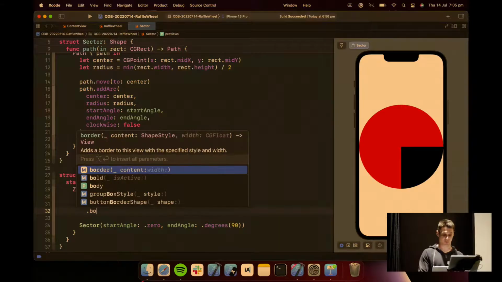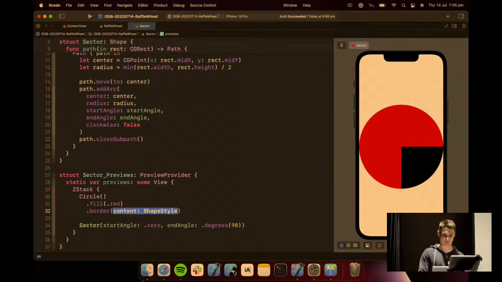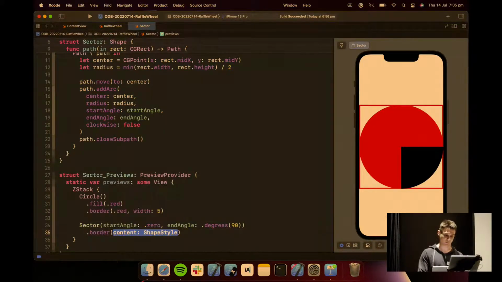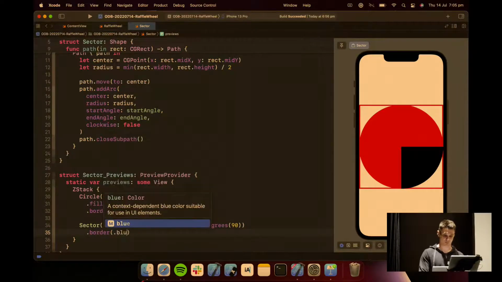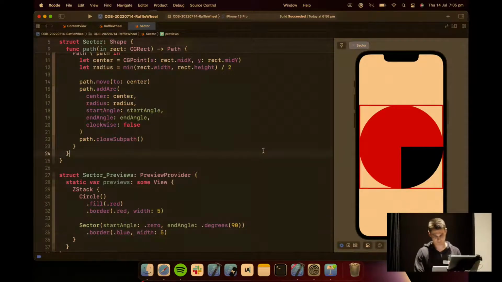circle, because if we stroke the border here, line width 5, border blue. Okay, we can see that the shape actually takes up more space than we want it to. Now I can fix it in the Raffle World view, but really I'd like to be able to fix it